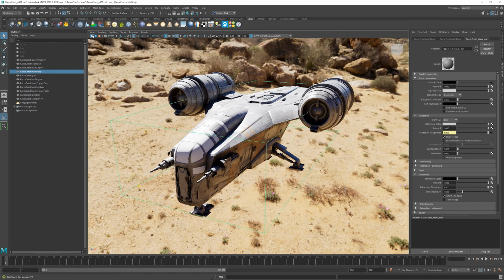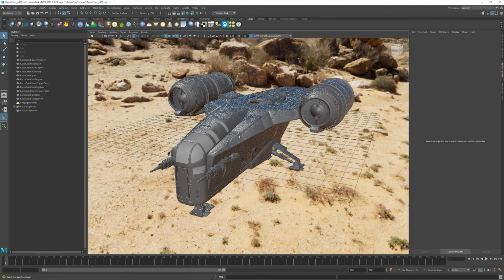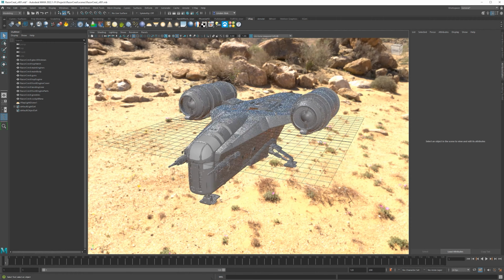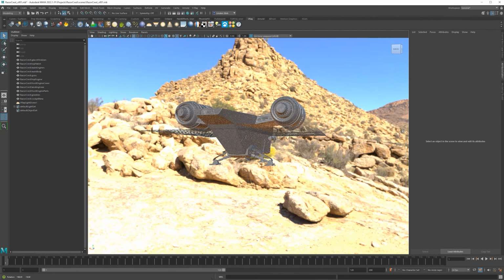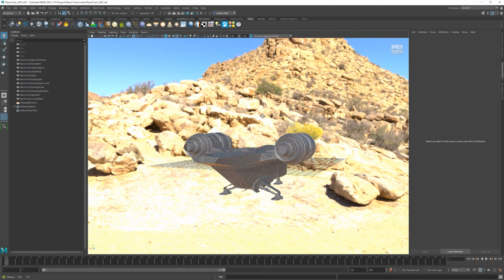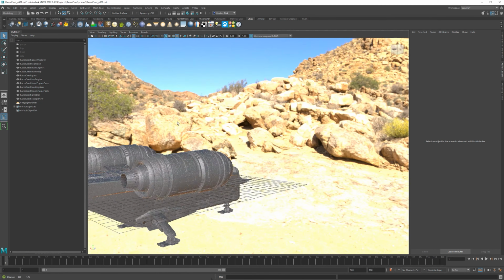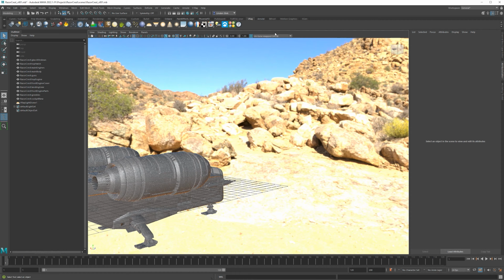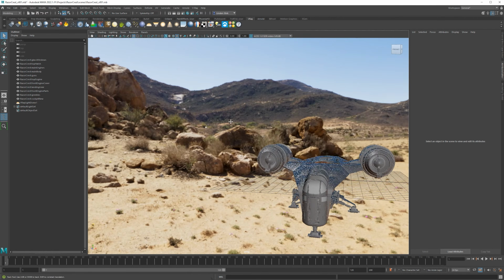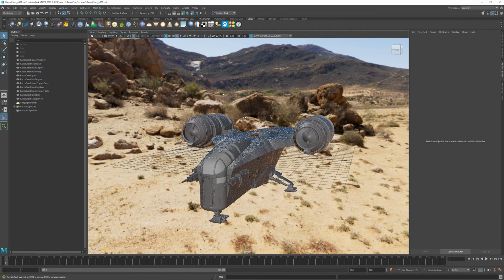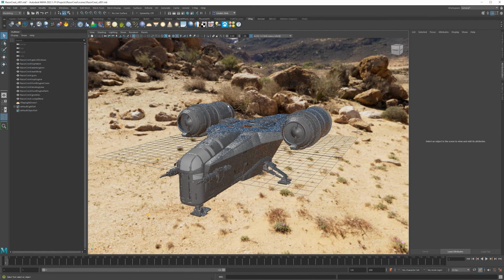If I turn off the V-Ray frame buffer here, you can change this to untone mapped sRGB if everything gets too dark. But as you can see, untone mapped means it's going to be way too bright there. This is what the HDR would look like if we didn't have ACES on, by the way. For the tone mapping part of it, it's super bright and clipped out. But with the tone mapping, it gives a really nice curve to fill in basically what your eye would see and what a camera would see for the most part.